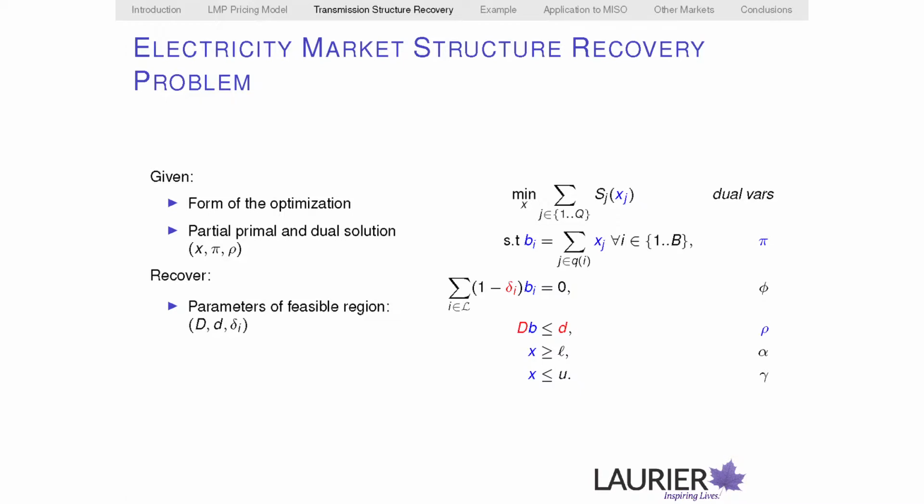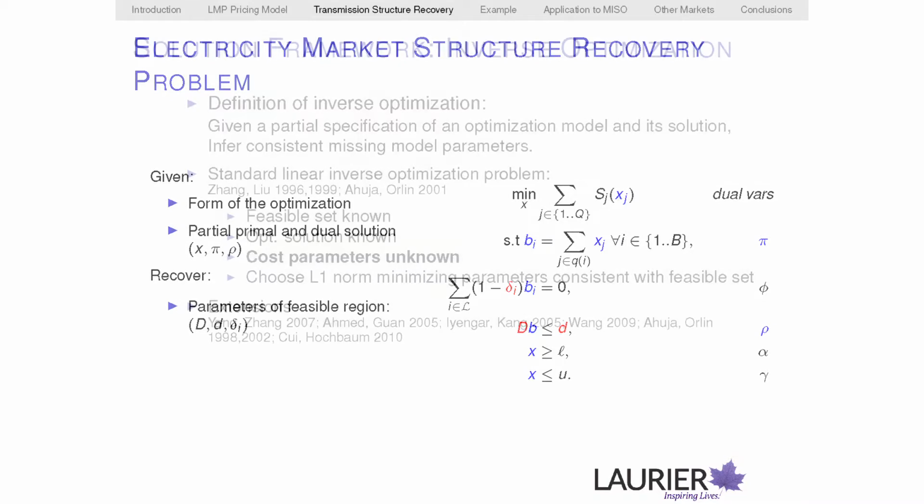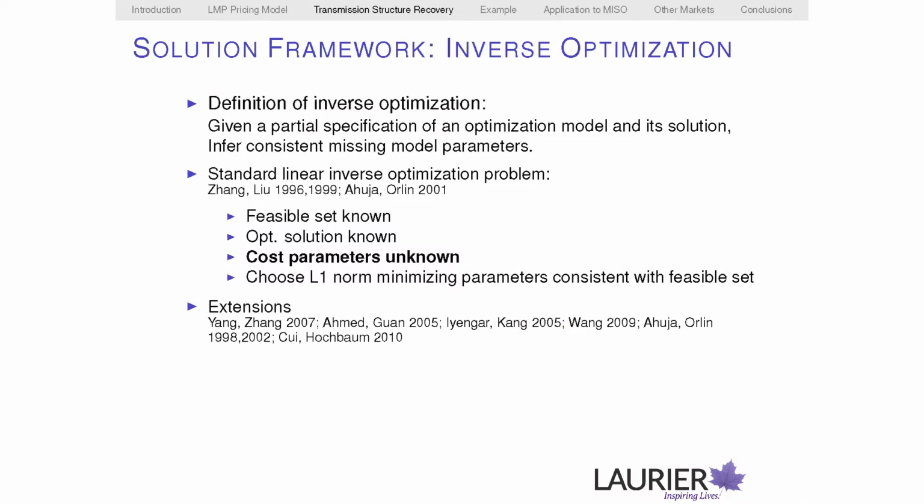So they announced those 3 pieces of information. And we're interested in recovering the parameters of the transmission constraints as well as the losses in order to build this mechanism again so that we can do some experimenting. OK, so we took some inspiration from the inverse optimization literature, which essentially, given a partial